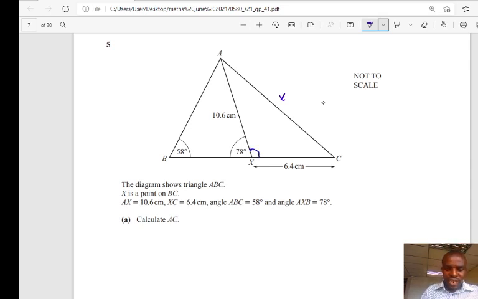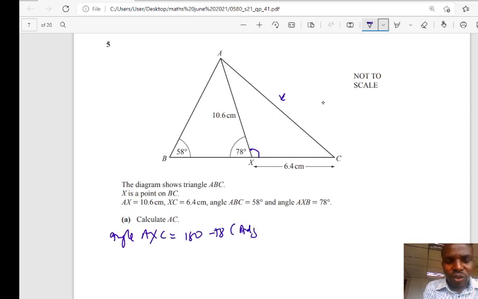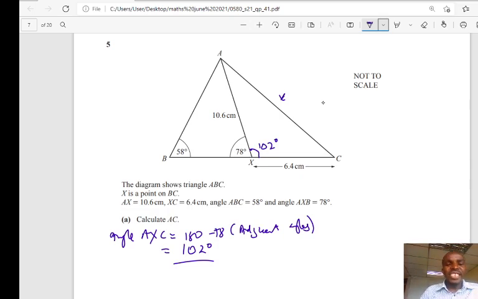So you say 180 minus 78. You get 102. So you say angle AXC is 180 minus 78. And the reason, these are adjacent angles. Adjacent angles on a straight line, they are supplementary, which means they add up to 180 degrees. So the angle will be 102 degrees. So this one is 102 degrees. That's the first step. Show your working, right? Then next step,